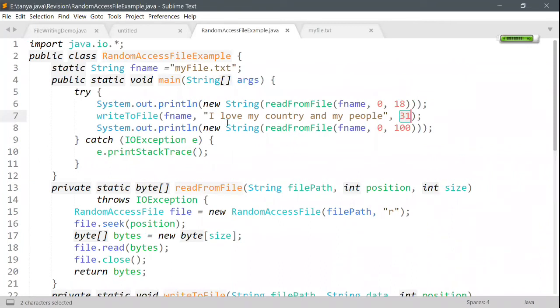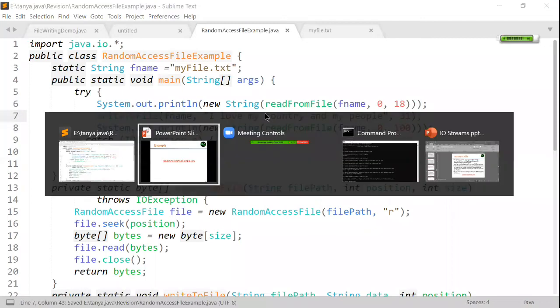print again by reading from the file with a name. The file name I have given over there, and it starts from 0 and ends at 100. If there are values beyond 100, then it is going to stop and return an end of file exception. So like this I'm going to have it here. When I'm going to execute this one,